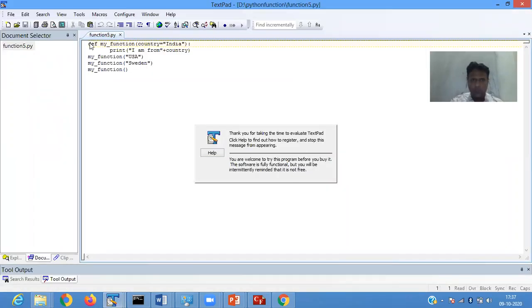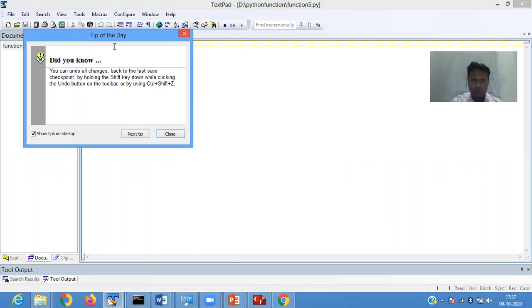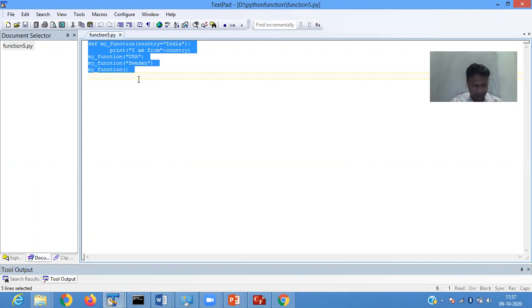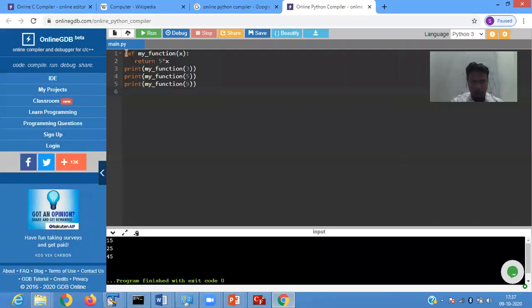The next function we are passing here, the default parameter. Definition my function country India. Print I am from country.